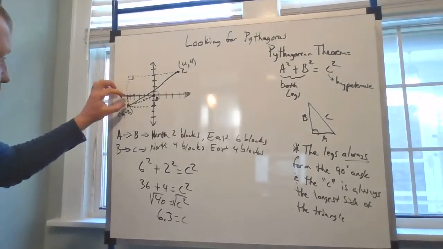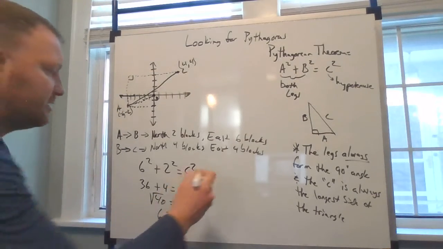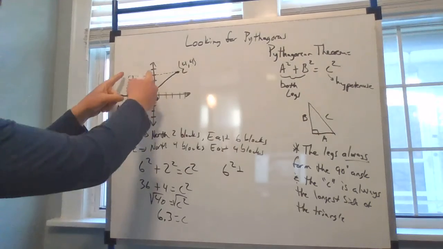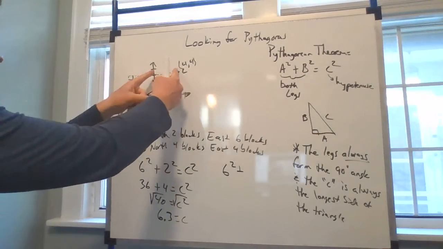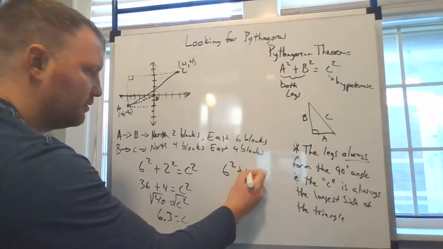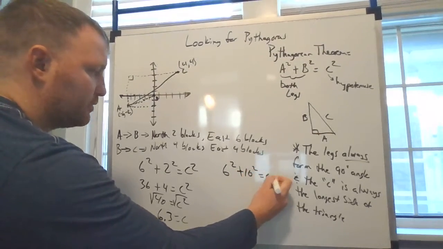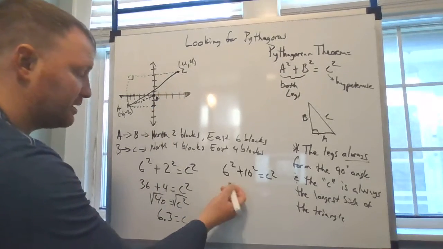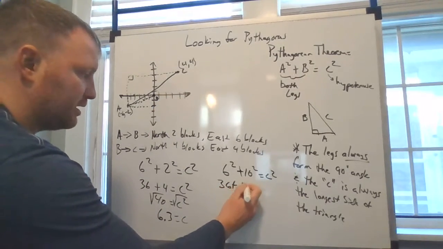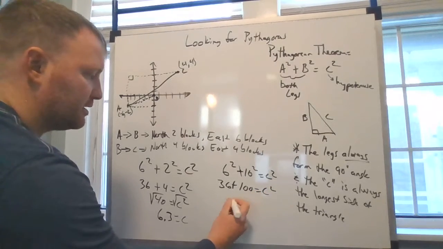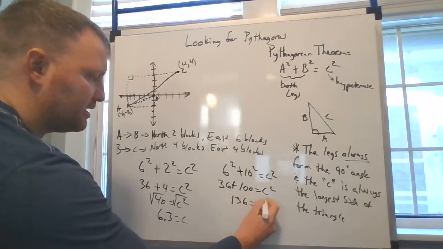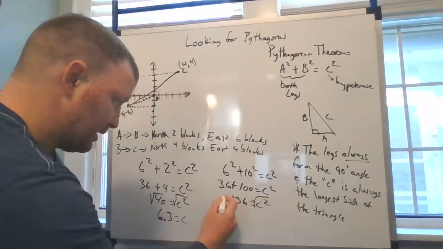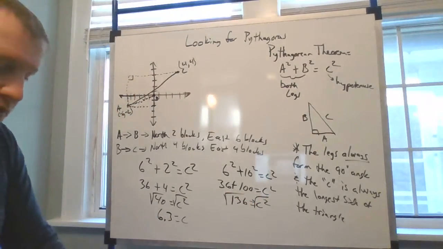So my distance here is 2, 4, so I got a distance of 6 squared plus another distance of 6 from here to here, 4 from here to here, so that's 10 squared, equals my c squared, which is, we're finding the hypotenuse length right here. So this is going to be 36 plus 100 equals c squared. 136 equals c squared. And then second to last but not least, we're going to square root both sides, and